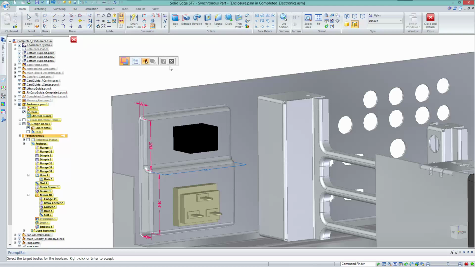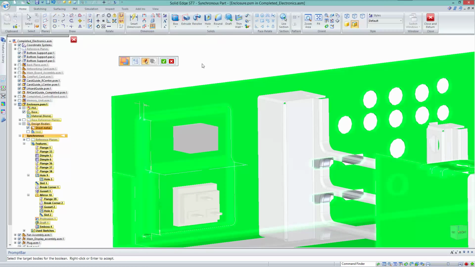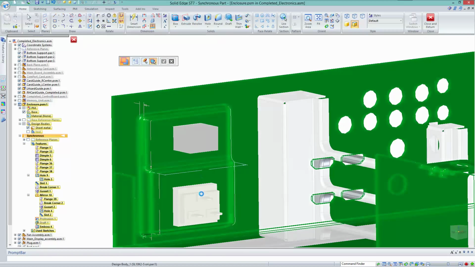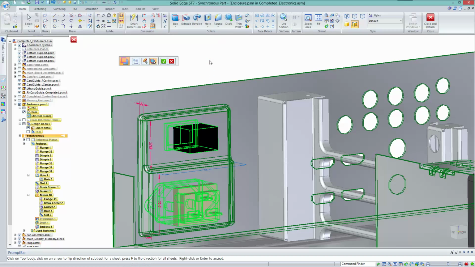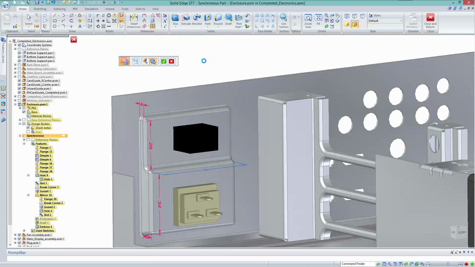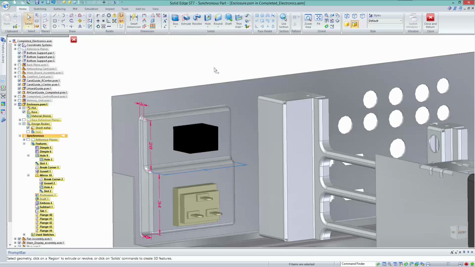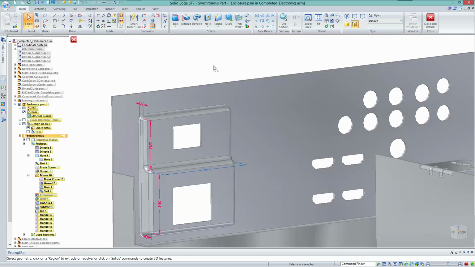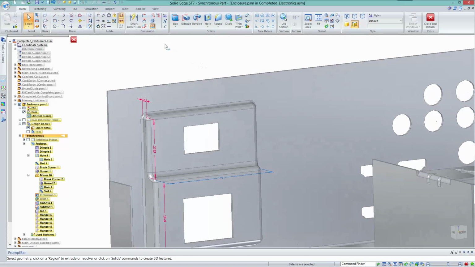So we might use subtract here. That would help a lot. So again, target body is the sheet metal enclosure, and the tool bodies, we can select both of them, are the switch and the power socket. We can then turn the view of those parts off,